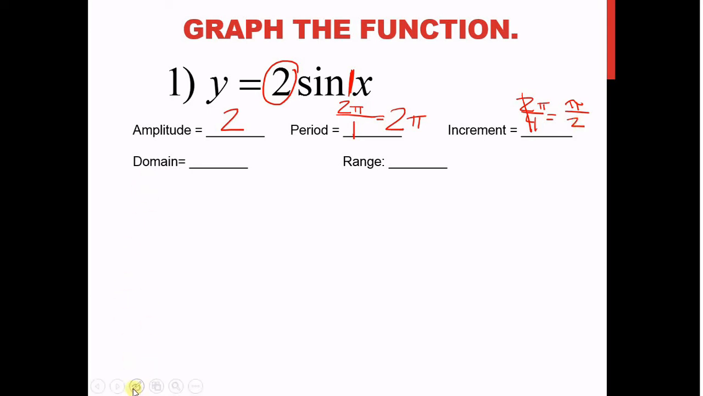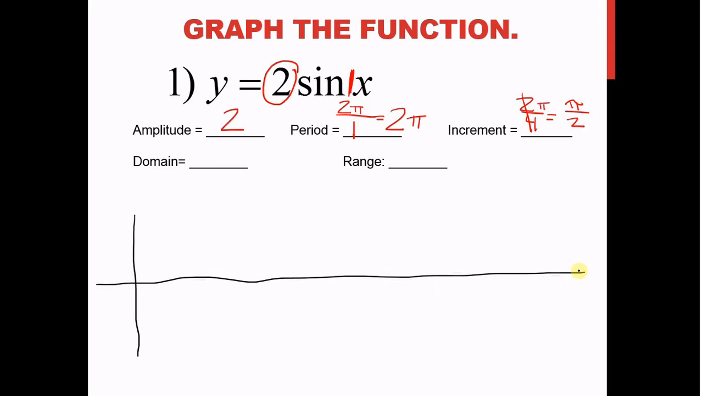So my graph is going to be in black. Right here, I'm going to graph something like this. It could be really long, okay? My amplitude, I got to mark it off. It is an amplitude of 2. So on my y-axis here, I'm going to mark to 2